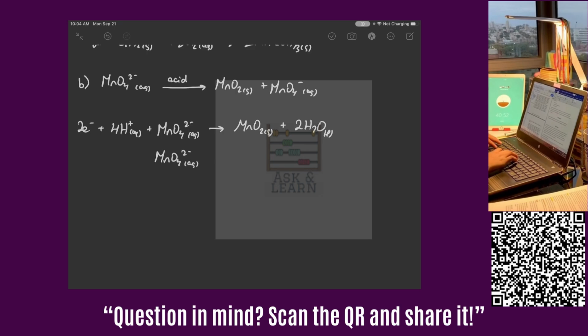MnO4 2 minus to MnO4 minus. We need 1 electron to balance the charge. I'm going to double this here. And I am going to find that the electrons will cancel. And those are the only things that will cancel. So I'm going to be left with